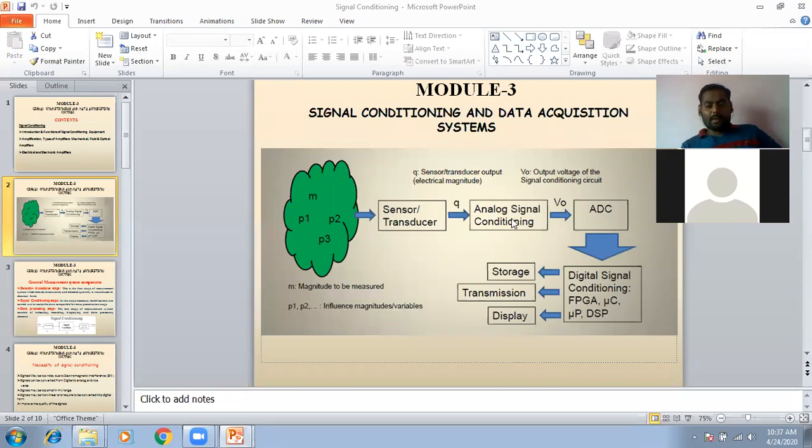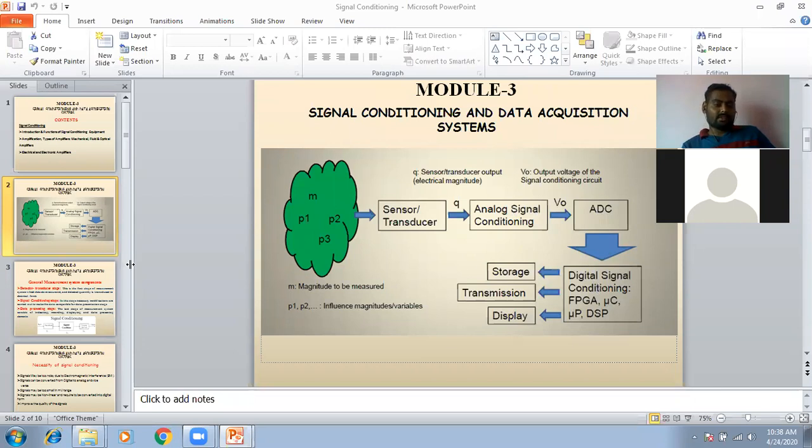After that, depending upon my requirement, I need to convert the input to a digital or analog quantity. If I have analog and want digital, it will be converted to digital, and vice versa. After the ADC comes the data presentation unit, which stores, displays, and records the data. This consists of a microcontroller, microprocessor, or DSP, so various components are present here.